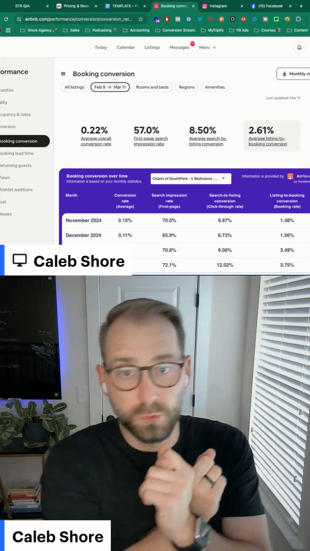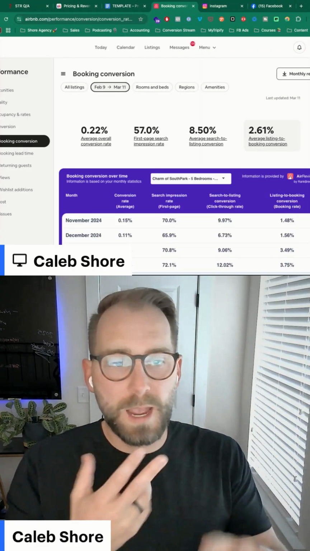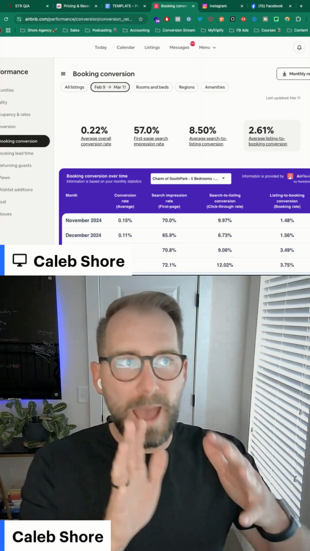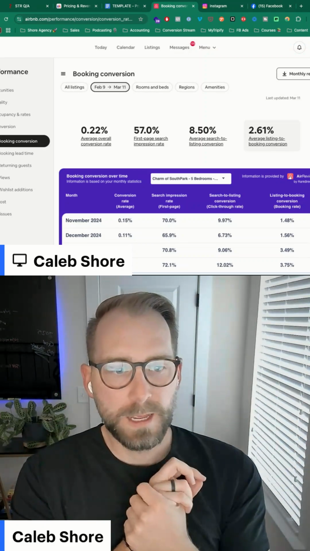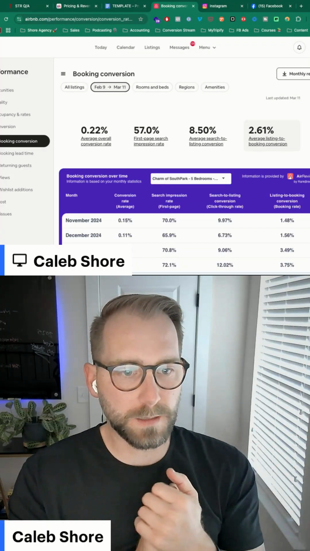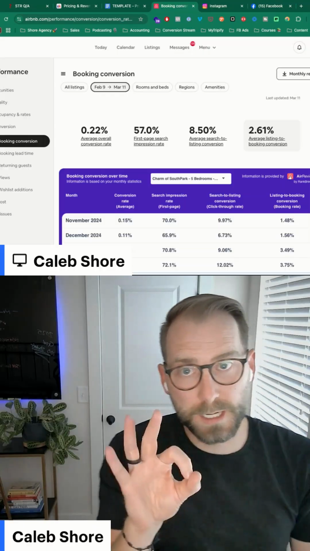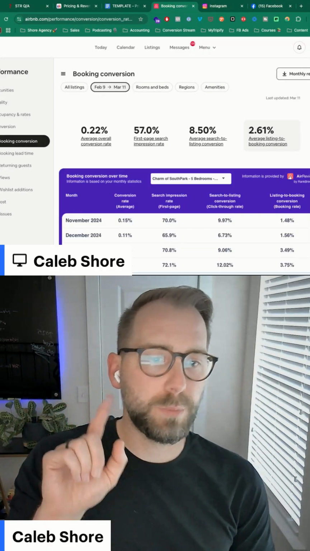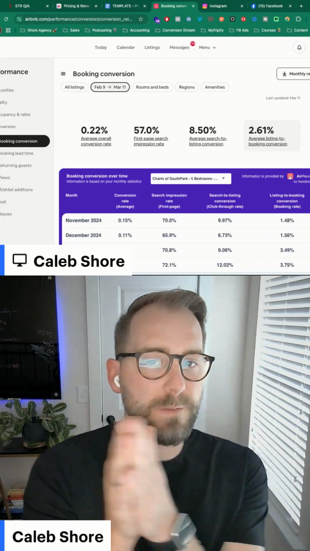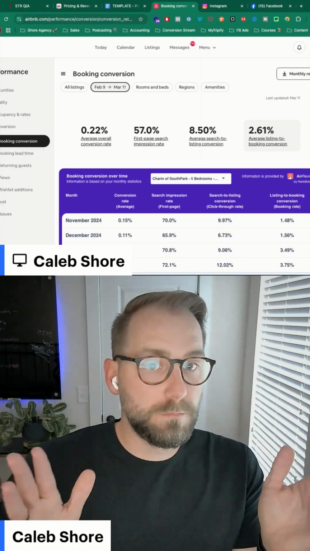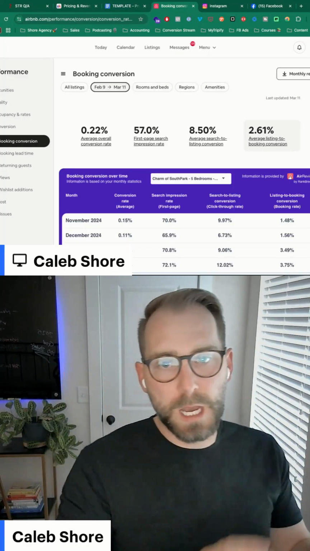If you have a ton of house rules, guests might not like that, so they might go over to another listing. Price, photos, typically past photo 1, that's 2 through 50 or however many you have, that's where those come into play. Cleaning price, this is a really good one, which is actually my point number 3. Is your cleaning fee too high? Say you're priced at $120 for your cleaning fee and everybody else is at $80,